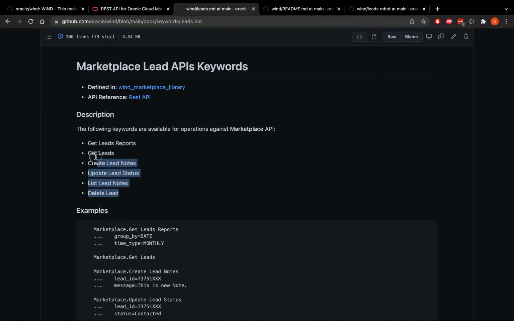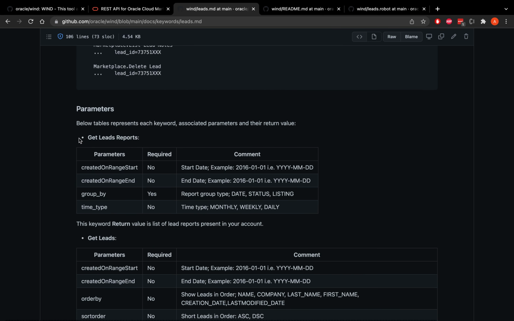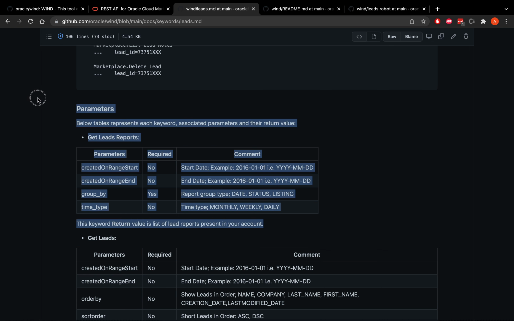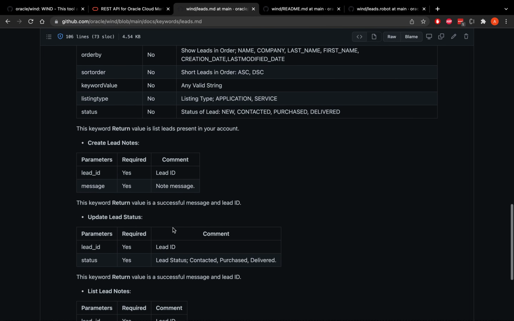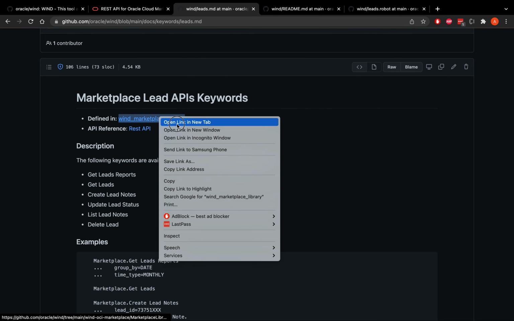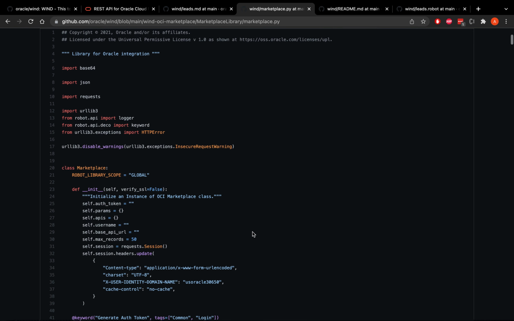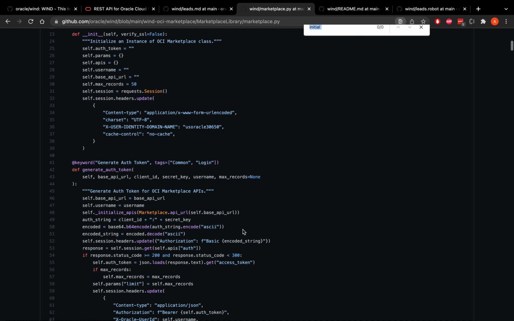It will tell you what the different keywords supported are, what the different examples are, what the required parameters are and all. You can know more about those parameters, the keywords, and what the return value is from this documented section. And if you are curious to see how those are defined in the library, go into this Python marketplace py file